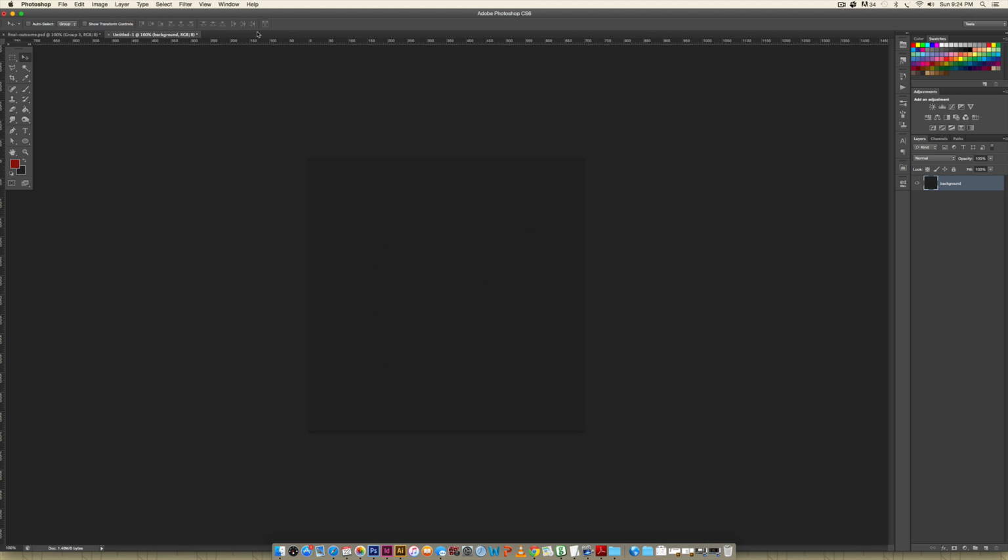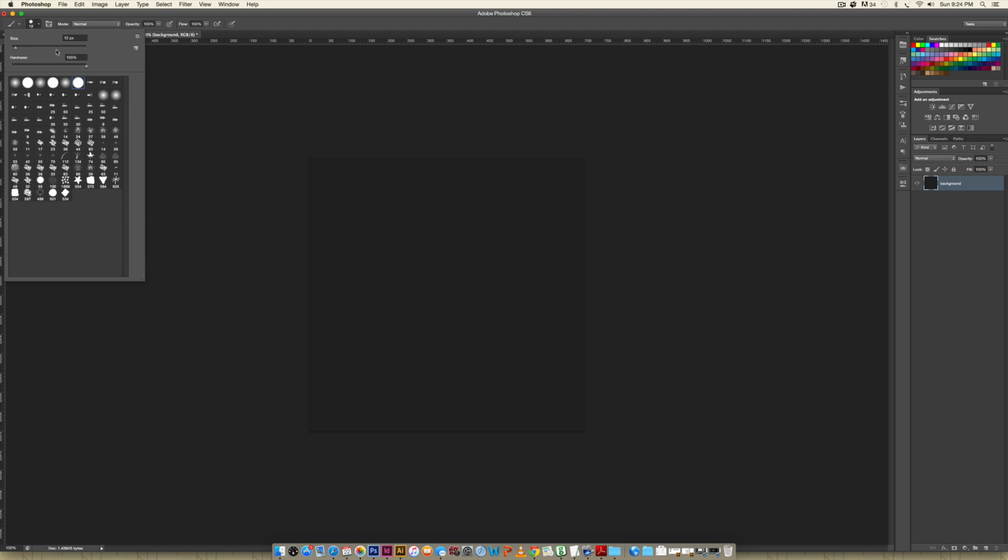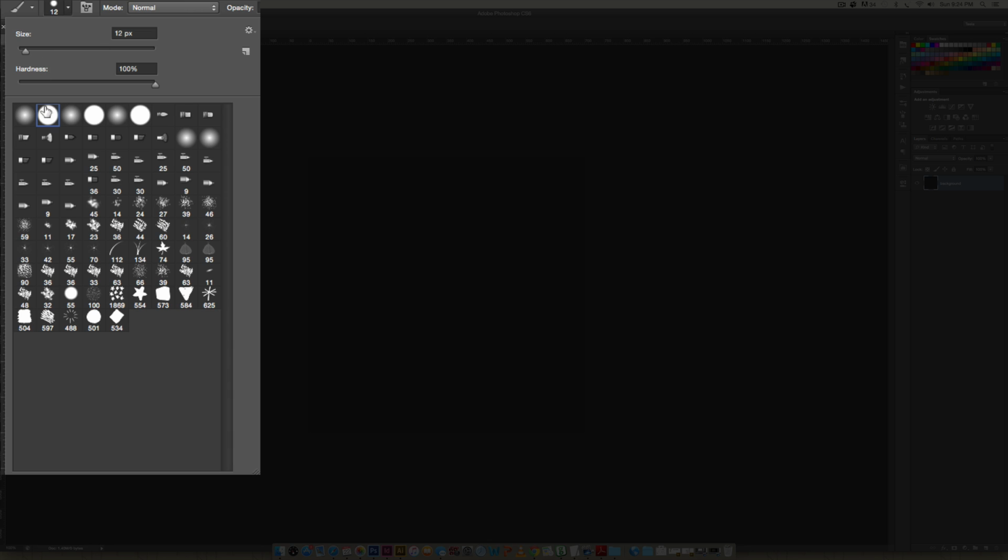So we're going to come over here and hit B on our keyboard to get our brush tool. You can also click on it in the toolbox over here, and then toggle down over here and choose this hard brush. Make sure hardness is 100% and our size that we're going to be working with is